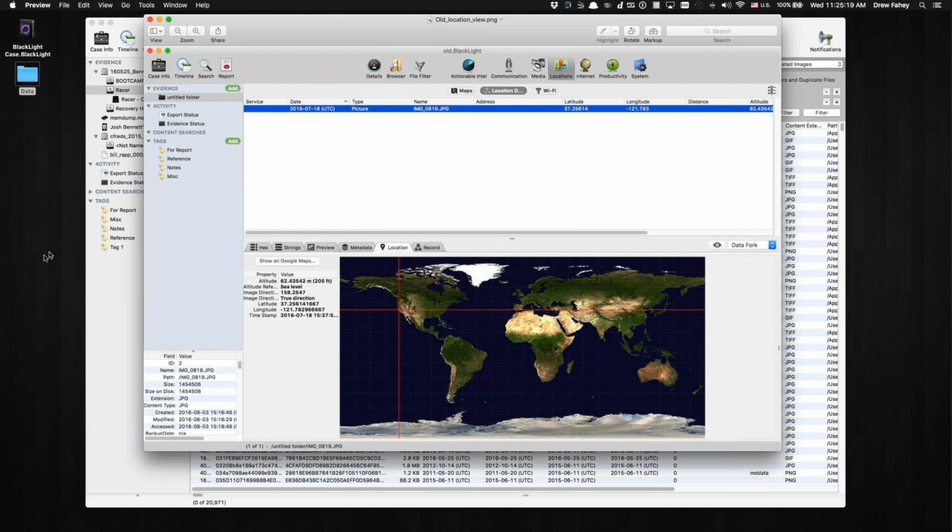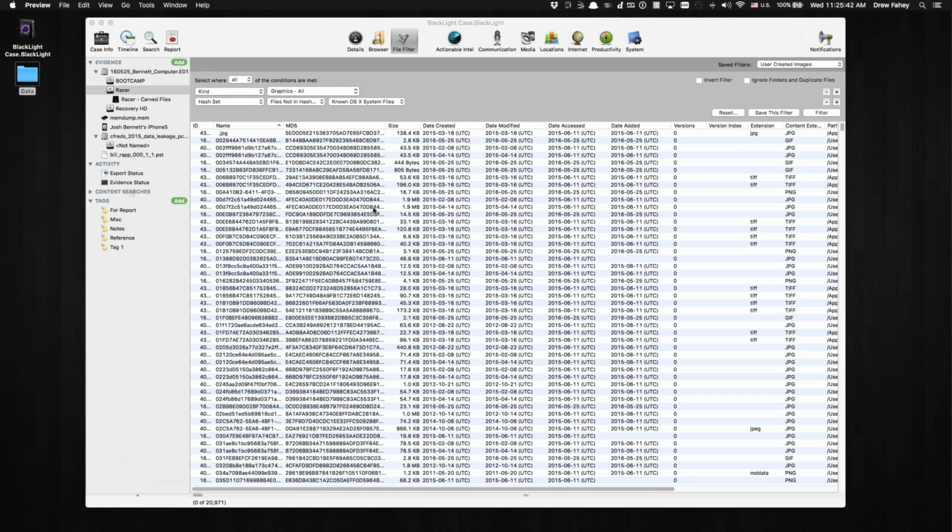Yes, you could go to Google Maps and get a much more detailed view, but that would assume that you're on an internet connected system, which a lot of our law enforcement agencies are not necessarily connected to the internet in some cases. So we created the ability, so when you go to download BlackLight, make sure you download the additional resources. We want to make sure you download the offline maps, because now when you have location-based data,